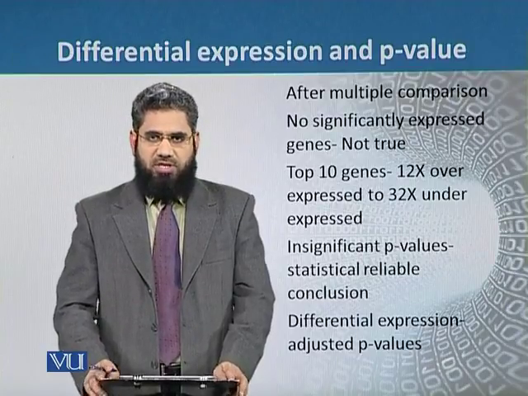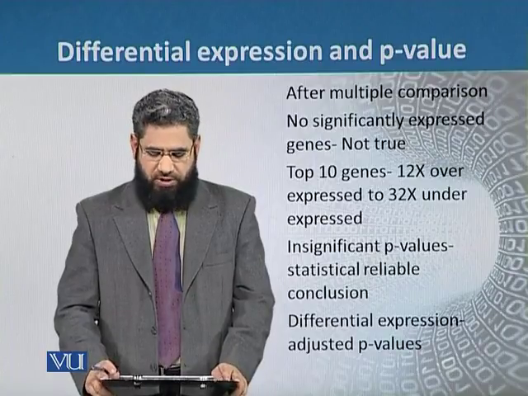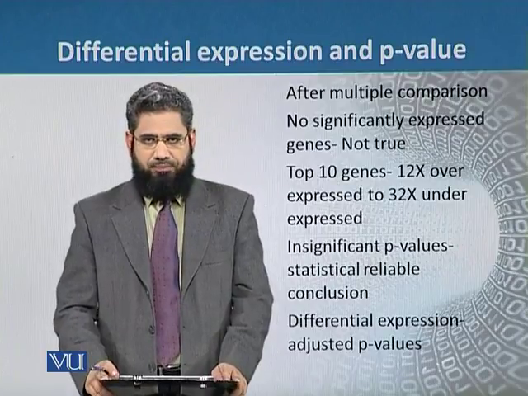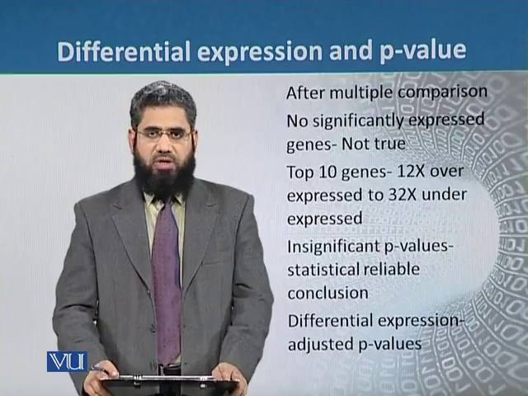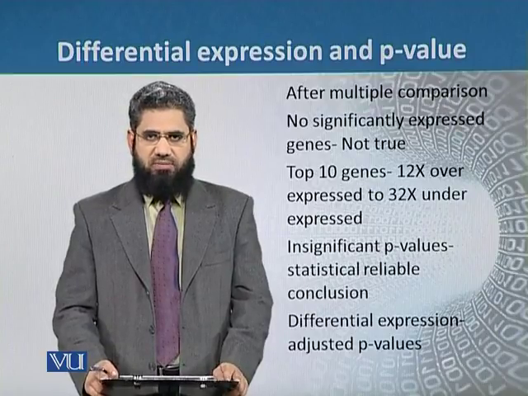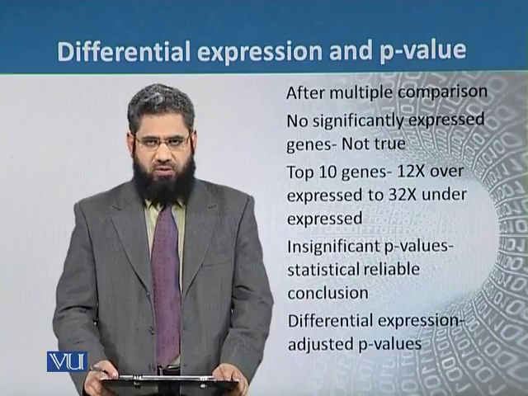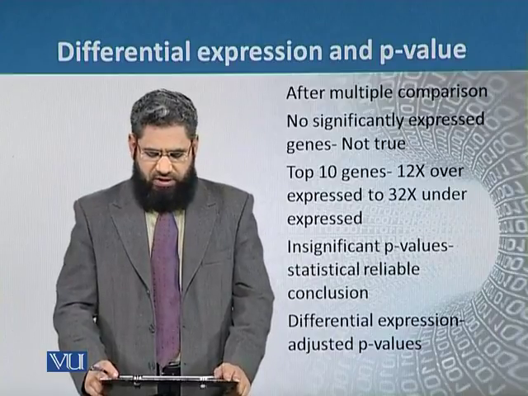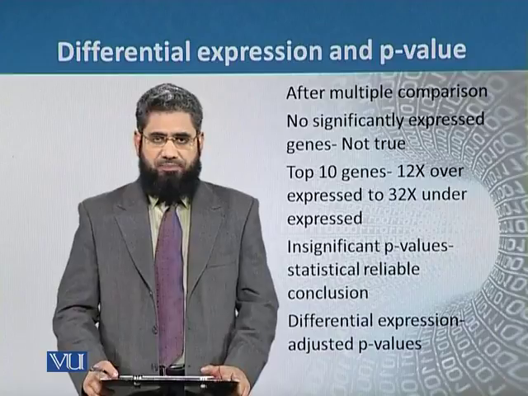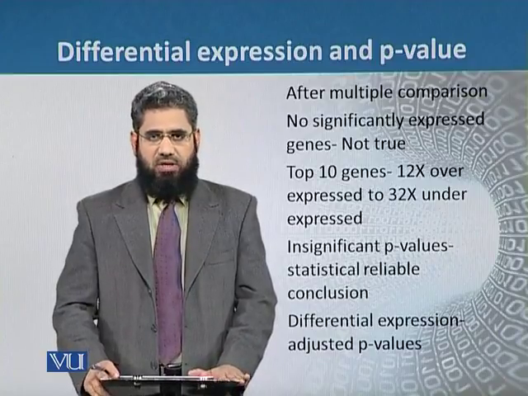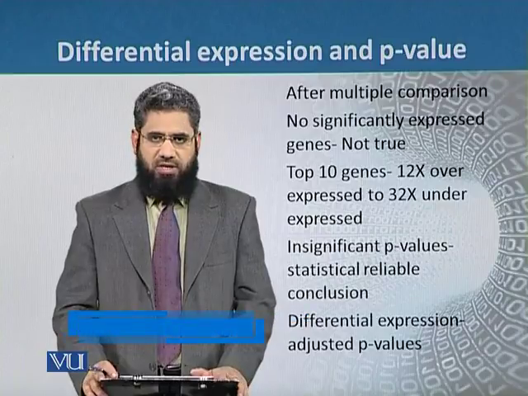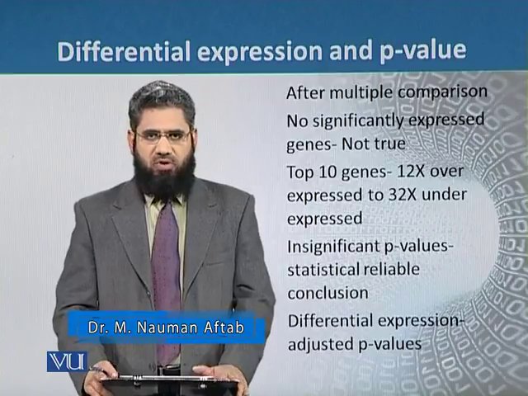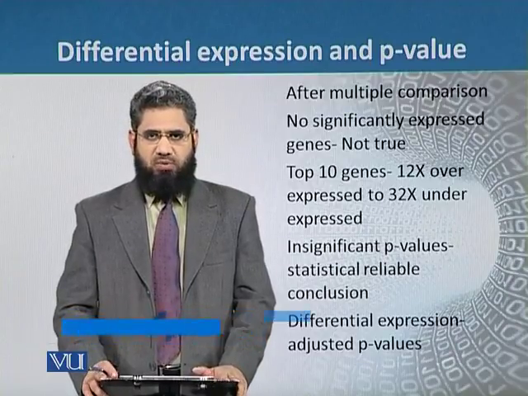If we see the top 10 genes, we can observe that some of them are highly upregulated, maybe more than 12 times upregulated. And a few of them are downregulated, and it is also significant, as the value is 32 times downregulated. But if we see the p-value and it is insignificant, then we can say that the data that we are obtaining is not of larger size. So if we increase the number of the genes and data, then these problems could be removed.